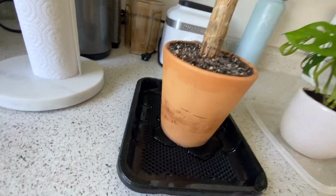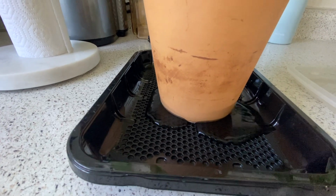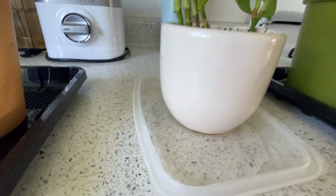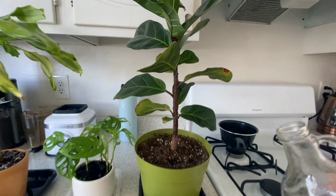So you see how it starts to run off on the bottom? I just let it sit and absorb. Normally by the time I'm done, it's dry. Same here. So let me put some more water in this. So then, okay, time to water the